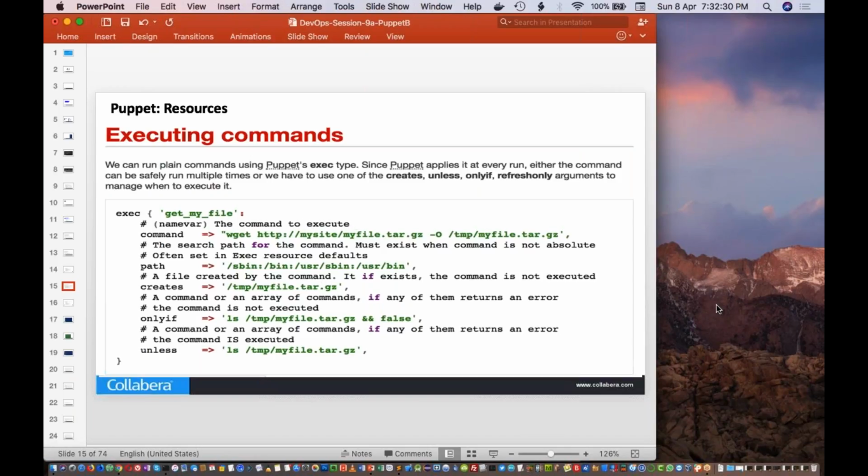Akhil is saying the resources we create can be created anywhere. Akhil, the resources that we created will be inside the manifest file. So you'll create your manifest file or you'll create your module, and inside the module you'll create your manifest file. And inside that manifest file you'll be writing these resources. So you will be the one who is deciding where to write that, or inside which environment this should go into. Okay.